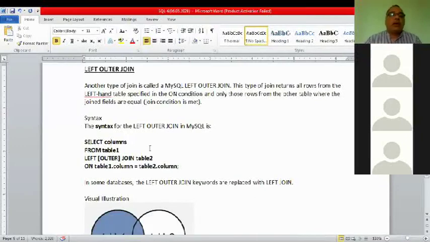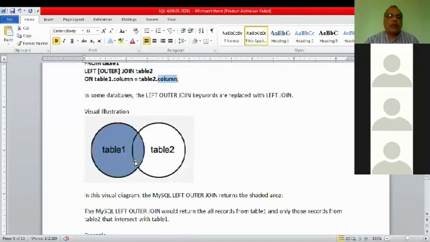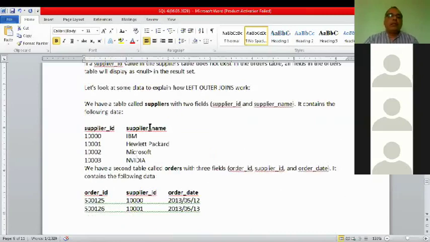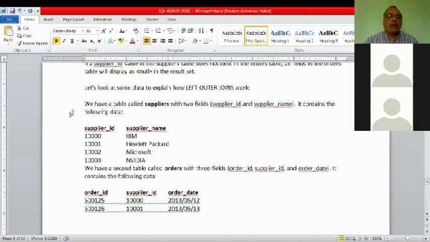Left outer join, as we were discussing. Select column from table 1, left outer join or left join table 2. This is the syntax. On table 1 dot column name, this is common column name, table 2 dot common column name. The output will be coming like this. So let's see an example. There are two tables. One is supplier table, another is orders table. So these are the two tables,